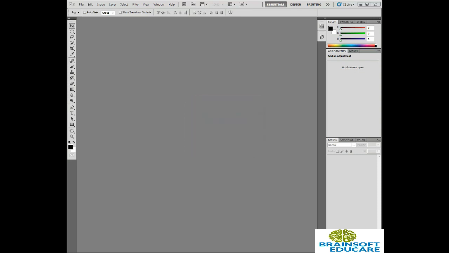Vector images work best for type and other shapes that require clear, crisp boundaries. So if you have written some text, you may need to scale it up or down depending on your need. Vector graphics work best for text type shapes and other shapes. Raster images